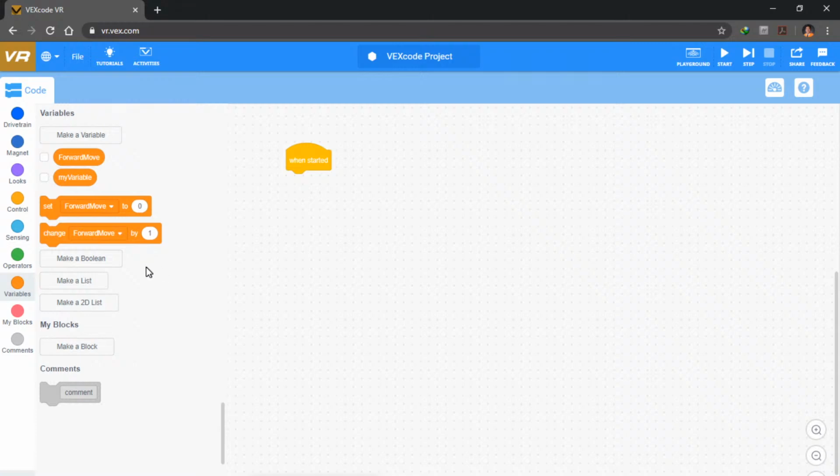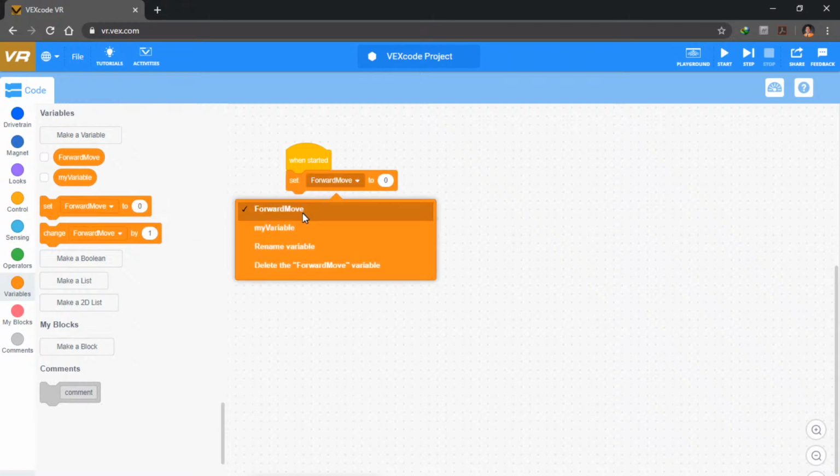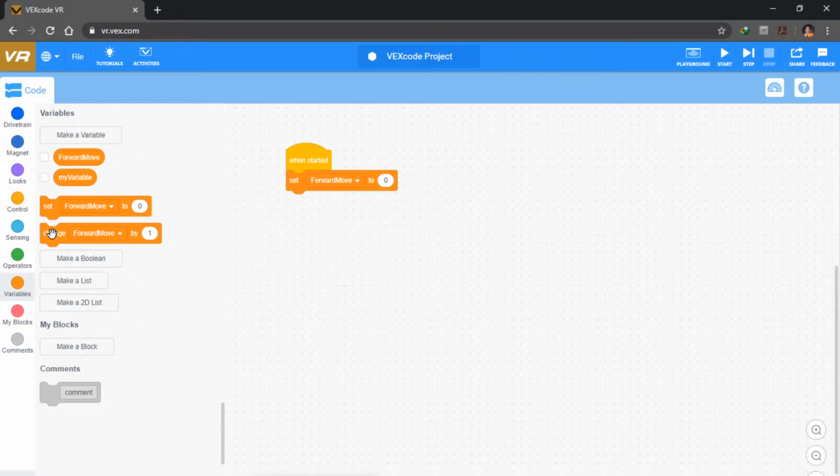So here you can also use set forward move to there. So that is our variable name. We also have the my variable, because here we also have one. You can rename or you can delete. Okay. Next we have